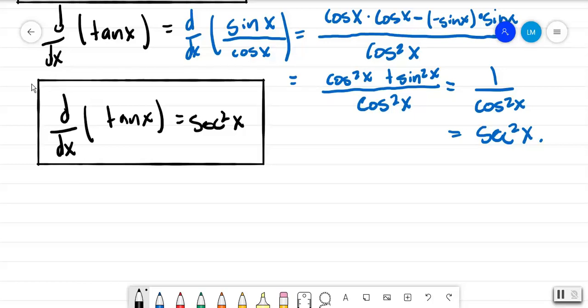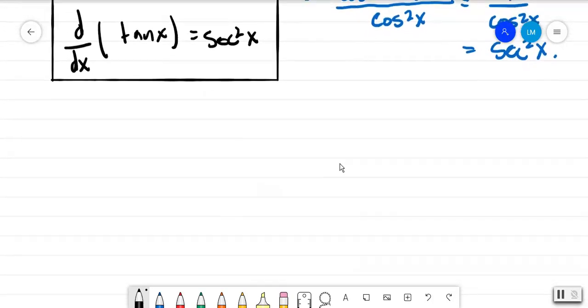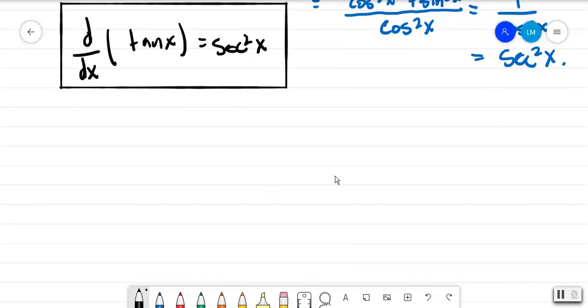Now that means that basically you have the third function. So with that, that means that you could actually figure out the remaining. So for instance, if you take the derivative of, let's say, cosecant of x, because it's the same as 1 over sine, it's basically going to give you that you have,